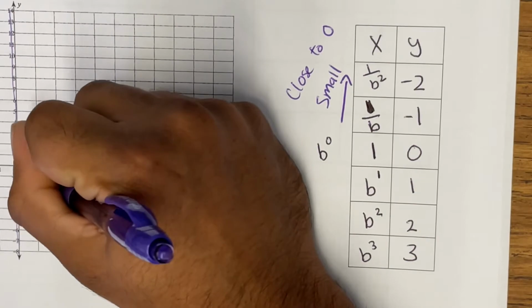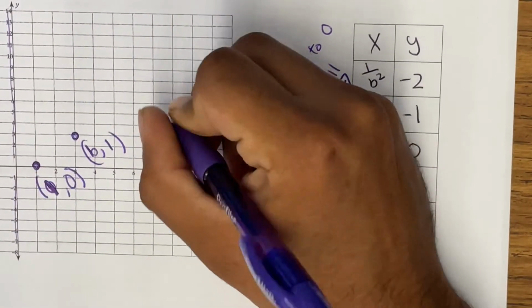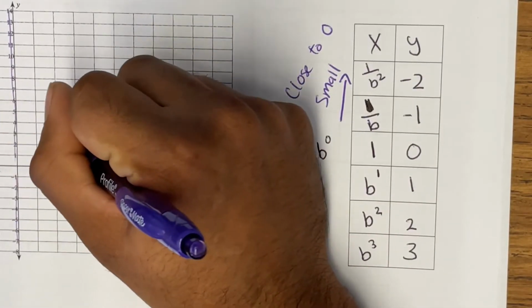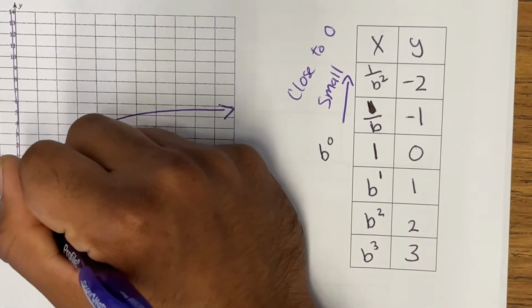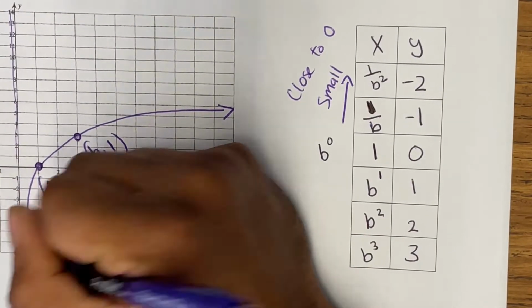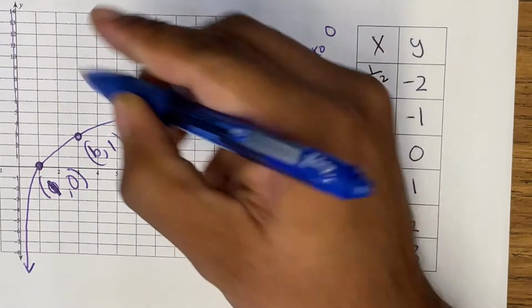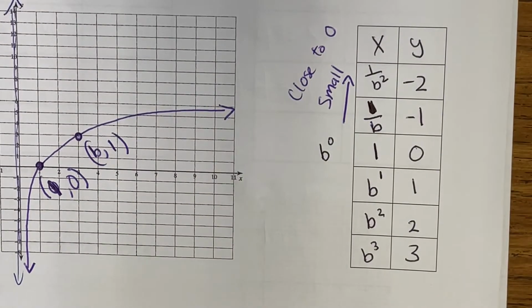And we'll always have 0 or 1, 0. And then as the x increases, we're going to keep getting a little higher, but it's going to kind of taper off a bit. It's kind of like this. And on this end, as x becomes negative, we get numbers that are close to 0. So we end up getting a vertical asymptote there. Okay, so this should seem a little abstract right now, but we'll go ahead and